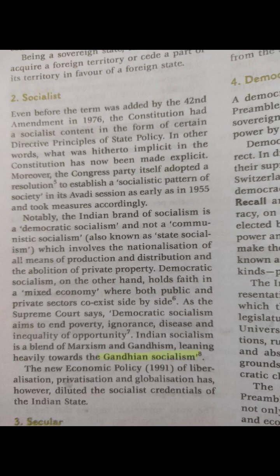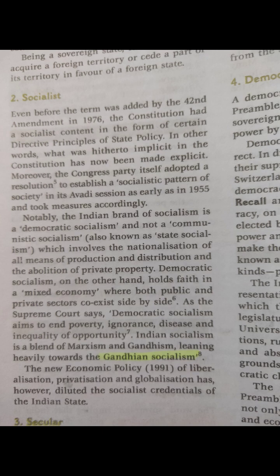1. What is socialism? Socialism is the idea that the government should work for the welfare of all people, especially the poor and weaker sections. It means reducing the gap between the rich and the poor and ensuring that basic needs like food, shelter, education, and healthcare are available to everyone. The focus is on equality, fairness, and social justice. Easy example: if a child from a poor family gets free schooling and free food so they get the same chance as a rich child, that's socialism in action.